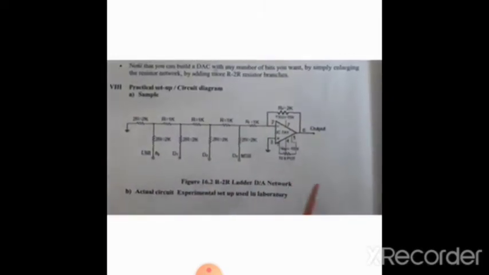Now this op-amp needs a dual power supply. Dual power supply means a power supply which has two values, one positive and the second negative, in order to operate. So pin number 7 is connected to plus 15 volt and pin number 4 is connected to minus 15 volt. Here the feedback resistor we have used is 2 kilo ohm, which is connected between pin number 6 and pin number 2.